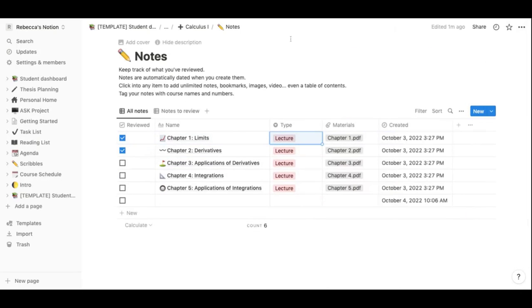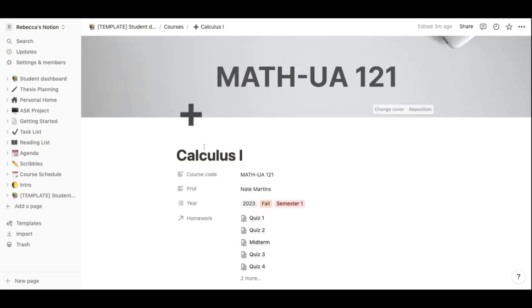And then if I just close that, I've also got these little checkboxes here, which I think are really useful. So I can tick if I've gone back over and reviewed those notes. Then if I want to go back into the module, I go along at the top left of my page here. It kind of shows us what folder we're in. So if I go back to the calculus folder,